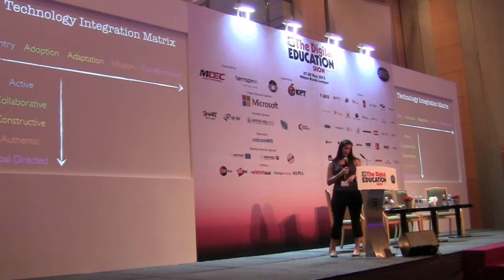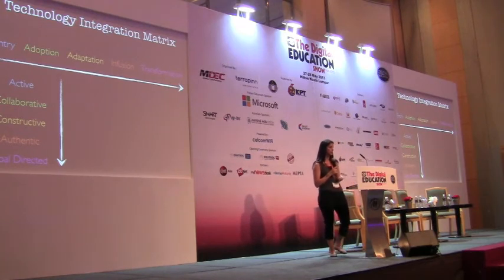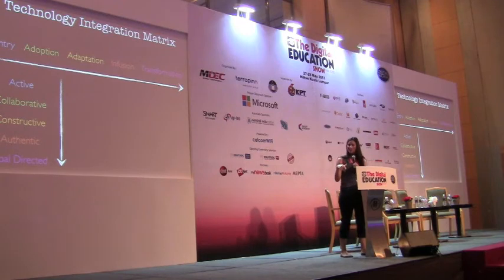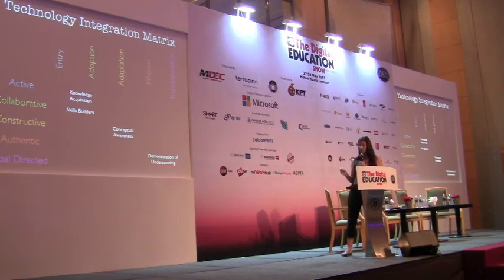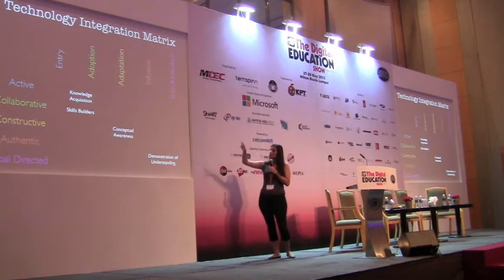Down the other side of the matrix, we have the learner, the words that describe what's happening with the learners. So it starts with learners being active with that technology, then being collaborative, then being constructive, creating things. The authentic refers to making connections in the real world, and then goal-directed is when the students direct their learning experience themselves. So I've mapped out what happens in my math classroom on this matrix,